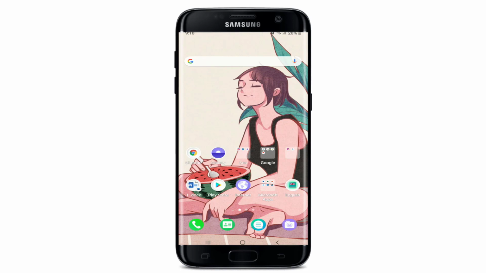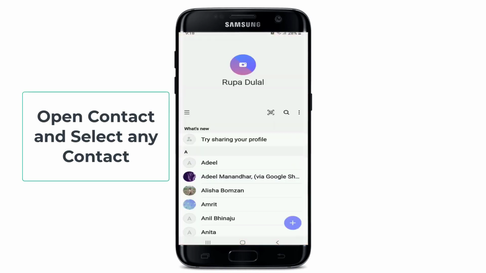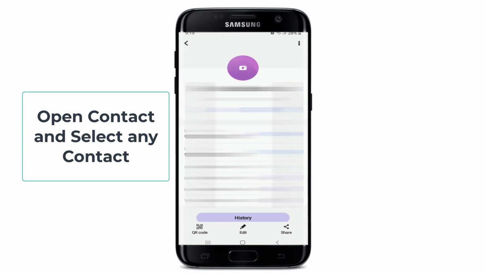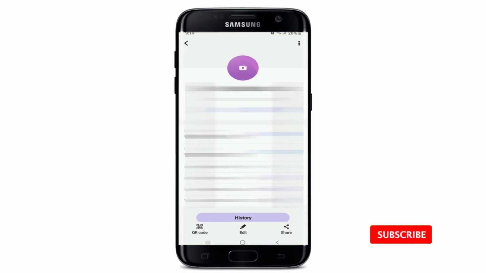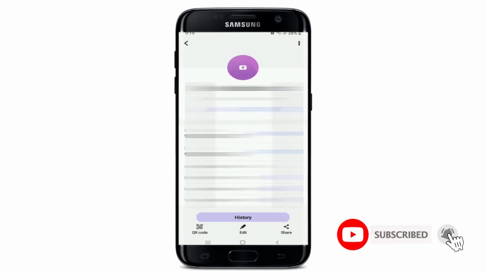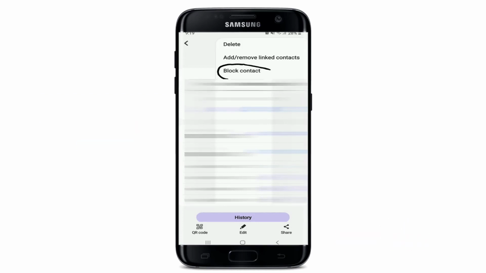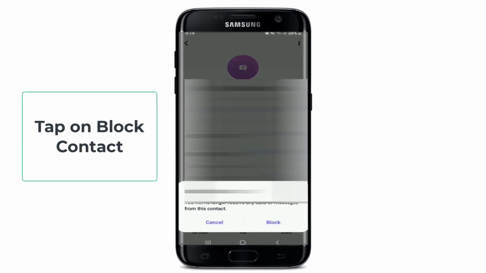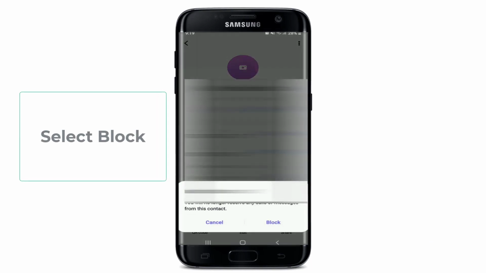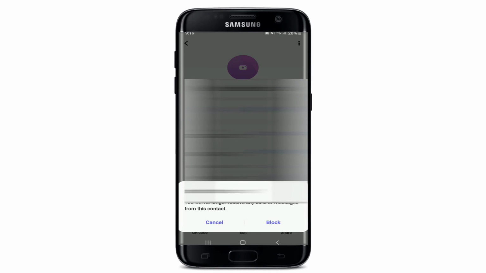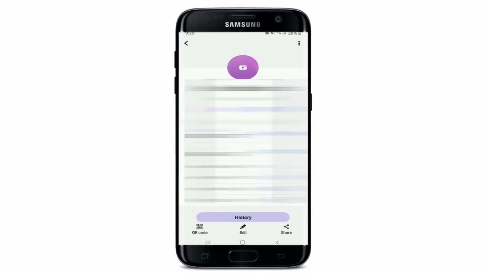The first thing to do is open your contacts on your phone, select any contact that you want to block, and once you enter their profile, go to the upper right corner of the screen and tap on the three dots. You'll be able to see the Block Contact option in the expanded menu. Simply tap on Block Contact, and from the pop-up, select Block. If you do this, then you will no longer receive any calls or messages from this contact. That way, you'll be able to get rid of the contact you don't want to connect with anymore on your